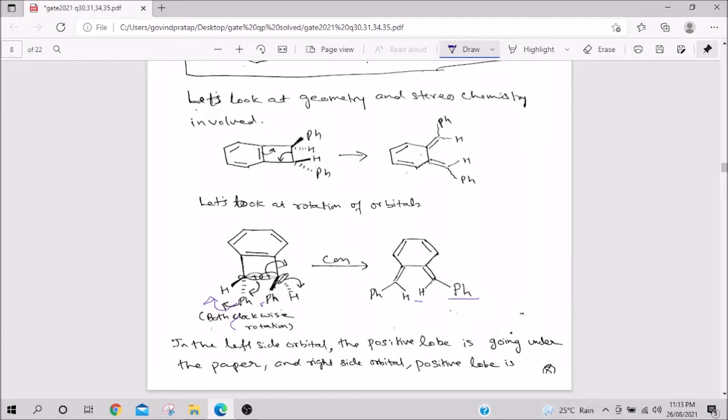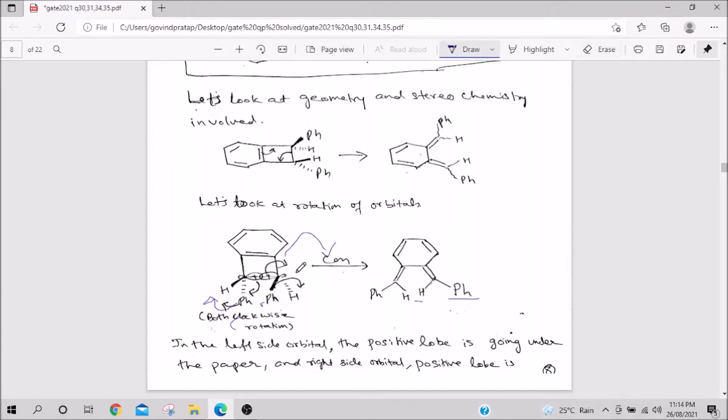It is very easy once you understand; if you don't understand, it becomes very tough. If you are not able to see it like this, just think like this. Right now this benzene ring is on the screen. Push it back 90 degrees so that the benzene ring goes behind. Then you see that this H is up, this H is up and this H is down. They are both coming out of the screen. You can write it like this, both of them towards you, but I am not able to draw properly. Let me try some other mouse. One second.